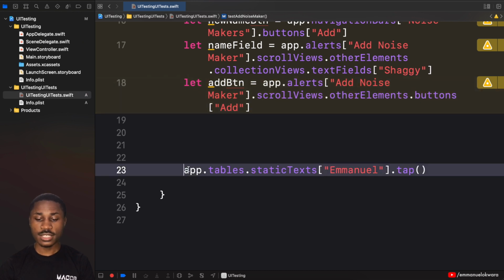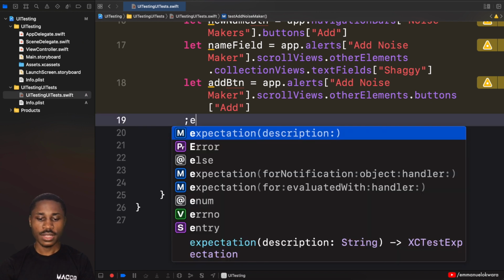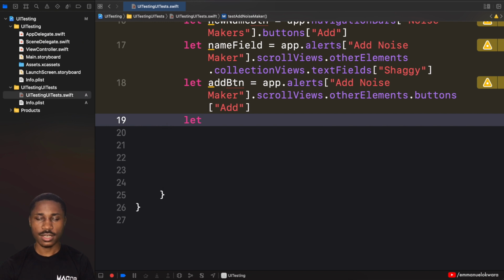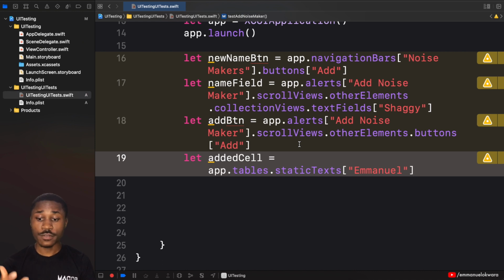So finally, we're going to select this guy, which is what we're going to be testing, because this is a cell that has been added to our table view. So we want to make sure that this exists, because if this does not exist, it means that that name was not added, right? So I'm just going to cut that out, and finally we're going to say let, what do we call this, added cell be equal to this. Wonderful. So now we have access to all of the views that are basically going to be used within our